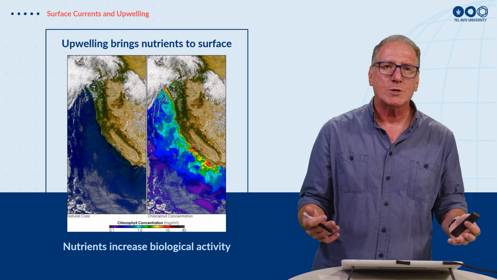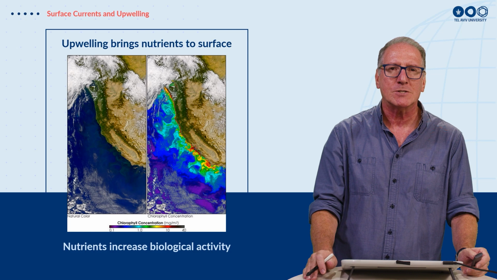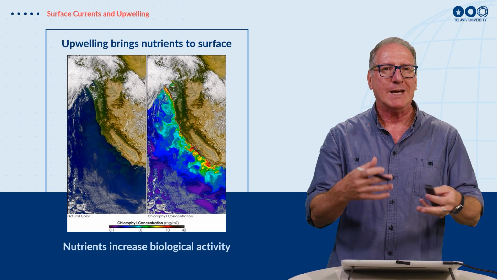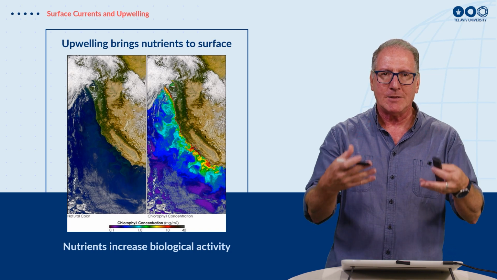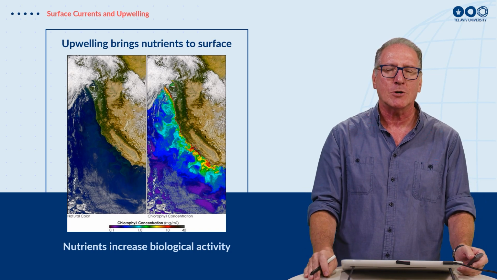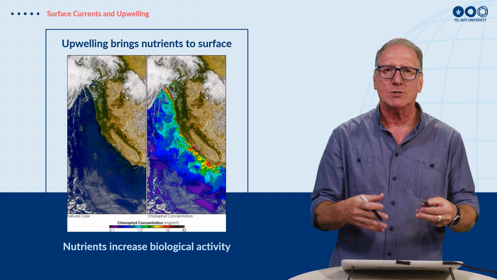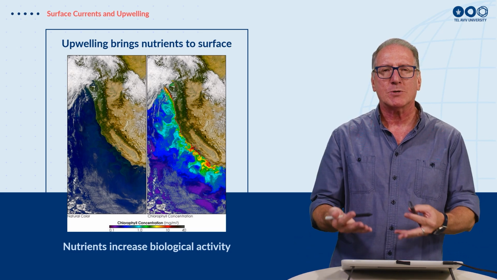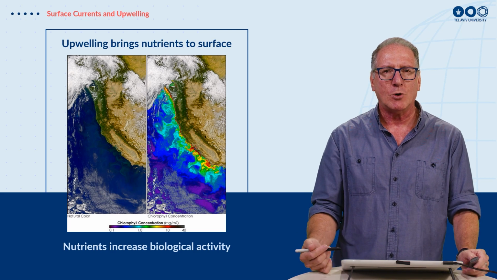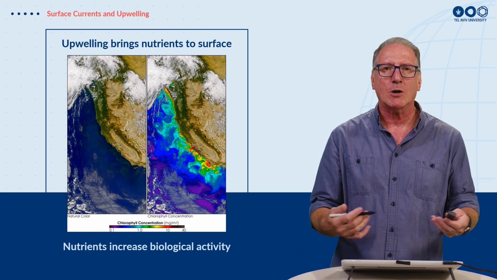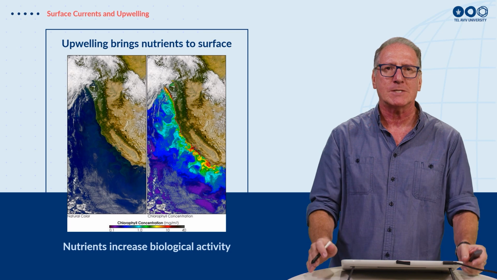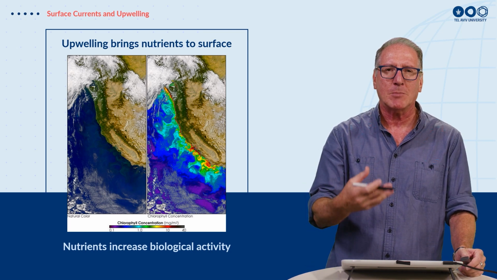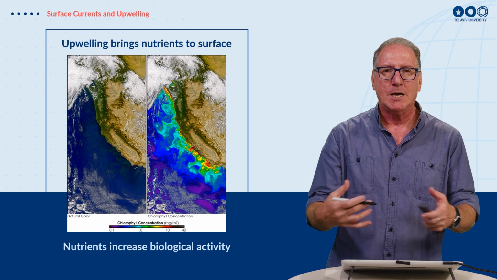Because of the cold water which gets brought up to the surface, and here you can see the coast of California. A lot of organic matter, plants and animals die, and when they sink to the bottom of the ocean, there are very high concentrations of nutrients in the deep ocean, but there's no light. And when we get this process of upwelling, of the cold waters coming up to the surface, they bring lots of nutrients, phosphates, sulfates up to the surface, which is the food for the plants, for the phytoplankton, microscopic algae to eat and to grow.